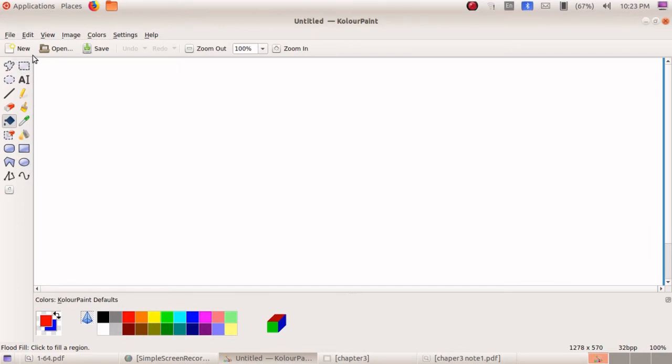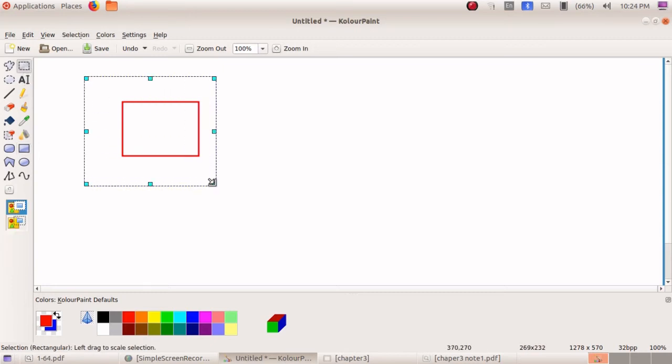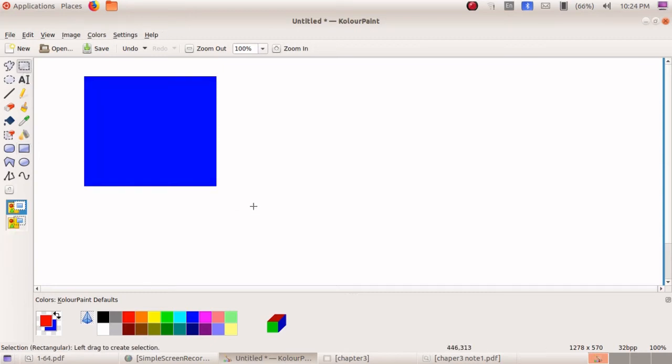Tools. Okay, we will see one by one tool. In this, 3 different types of selection tools are available. Children, suppose I drew any square or rectangle type of figure. For that you have to use this. I don't want this square, I want to delete it. So for that you have to select this rectangular selection tool. Just select and click on the delete button.